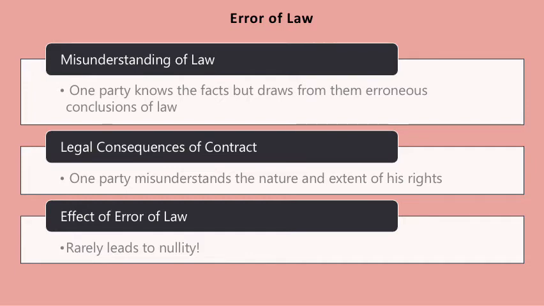An error of law may also arise in an error as to the legal consequences of the contract, when one party misunderstands the nature of the contract and the extent of his rights. So say a buyer buys a car, but he didn't buy a warranty in the initial sale of the car because he didn't know the seller wouldn't cover damage if he wrecked it. Then he wrecks the car. He totals it. And the buyer argues that he should get the warranty and argues that he made an error of law when he entered into the contract.